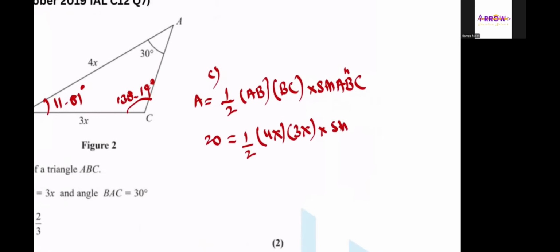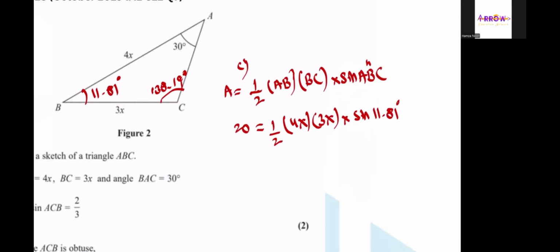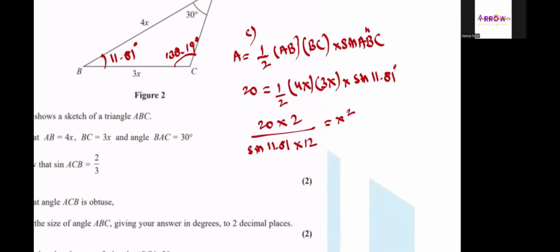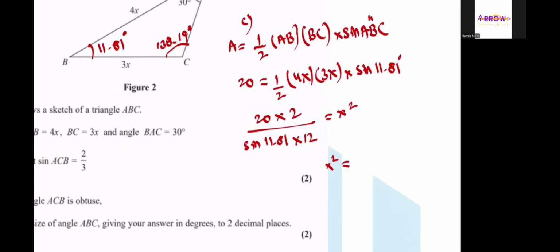Sine 11.81 degrees. Okay, so I can say that 20 multiplied by 2 divided by sine 11.81 times 12, because 4 times 3 is 12, is equal to x square. So the value of x square, just put this in your calculator: 20 times 2 divided by 12 sine 11.81. So x square is 16.2